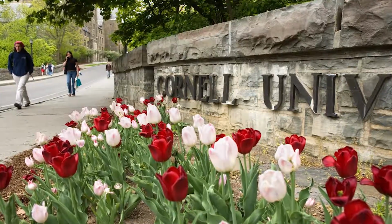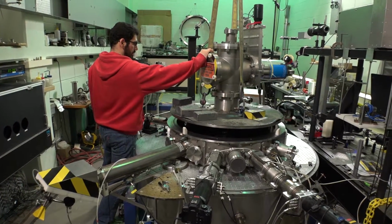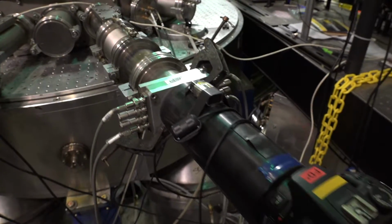The experiments we do here tend to be on the fundamental side. That is, we're trying to learn about the properties of plasma. We use an electrical machine that produces a very high current. In the case of our machines at Cornell, 1 million ampere pulse power machines. The center is fairly unique because of the experimental equipment we have, the ability to make these high energy density